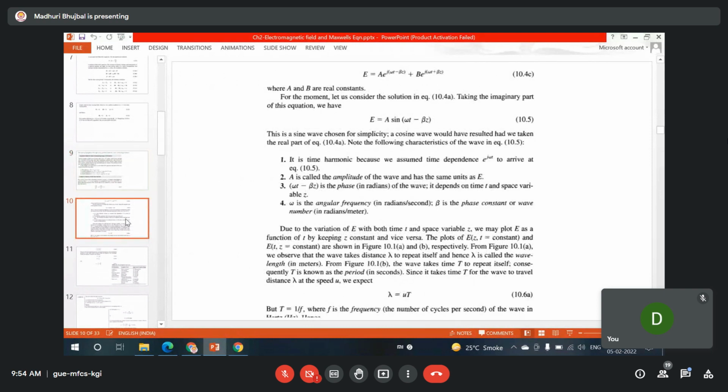क्या है capital E? Write down capital E is electric field intensity. Capital E is electric field intensity, and write down the solution for above differential equation, partial differential equation is given as follows. Write down now this solution, that is capital E is equal to A into e raised to j in bracket omega t minus beta z, then plus capital B is a constant into e raised to j,